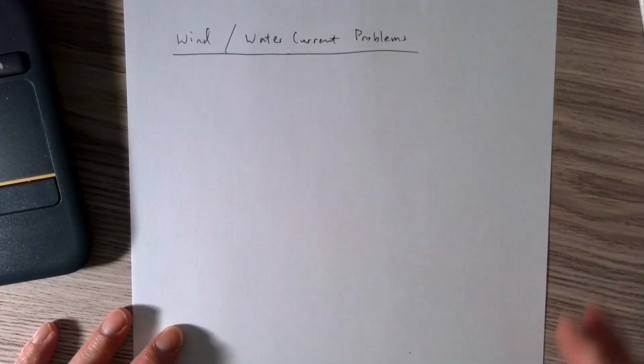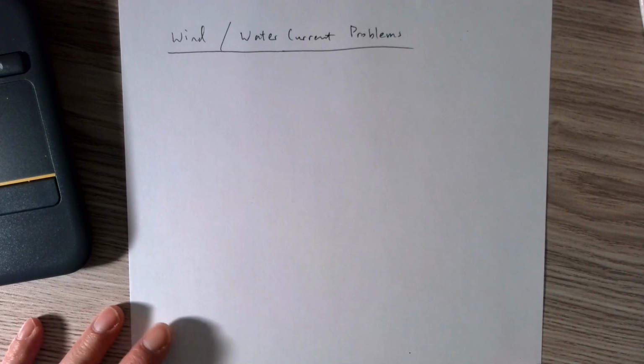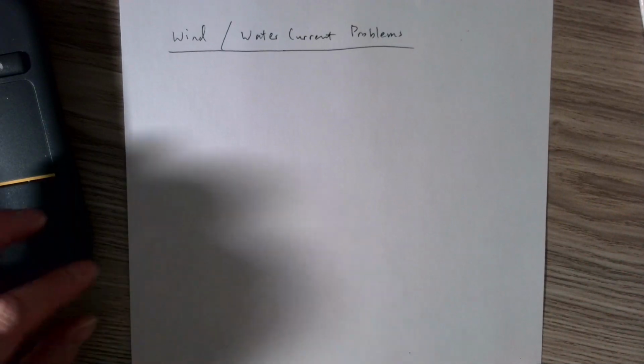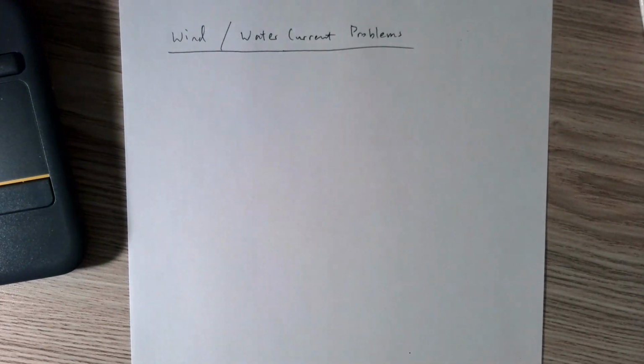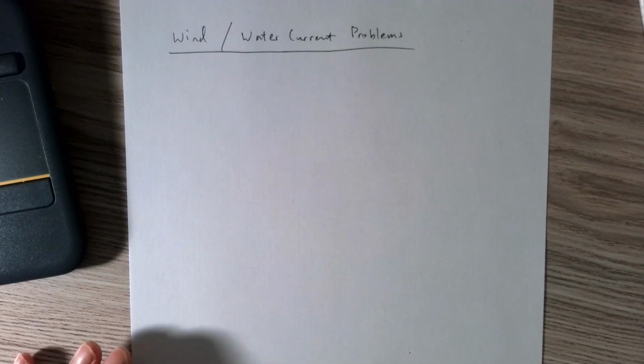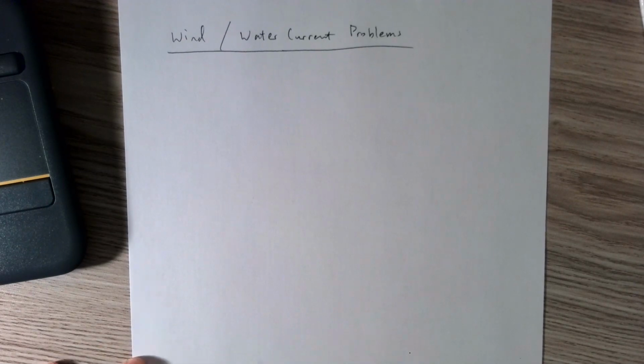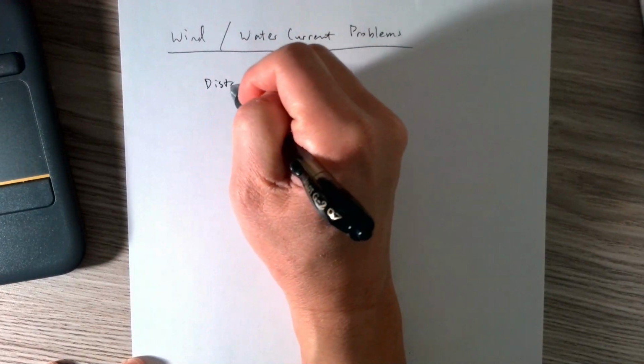Hello, this video is on a more complicated type of word problem than we've done before, called a wind or, in other cases, water current problems. Whether it's a wind problem or a water current problem, it's really the same type of problem, just applied to a different situation. So first of all, in both problems, we're going to be dealing with the relationship between distance,